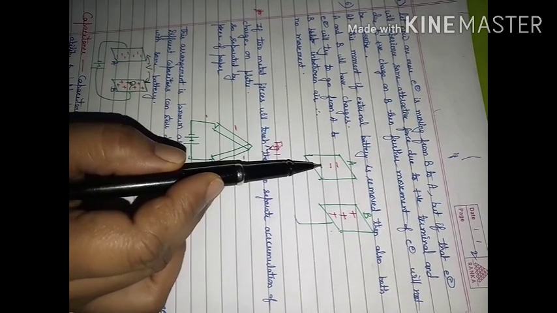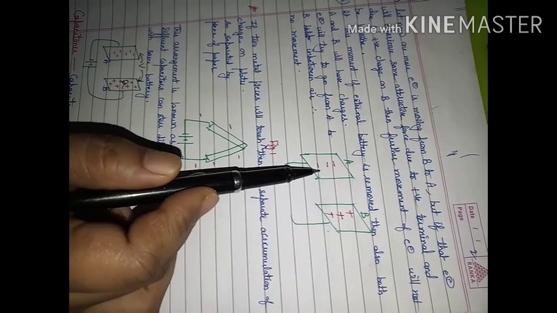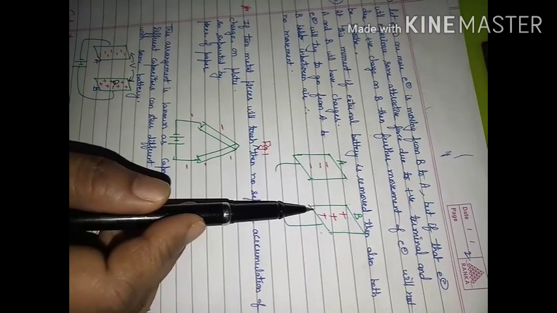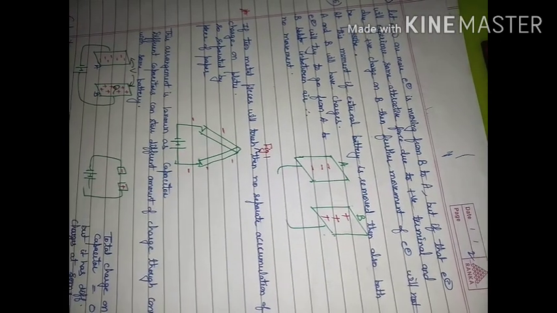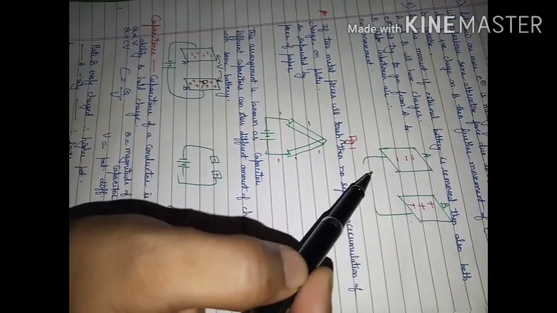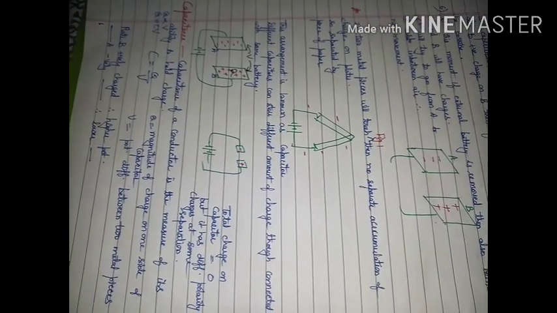If electrons experience a force towards the positive charge, then also they will not be able to shift from this side to this side, because in between the two plates there is no conducting path. While considering this, we have always considered a gap between A and B. If there is no gap between A and B, then what will happen?